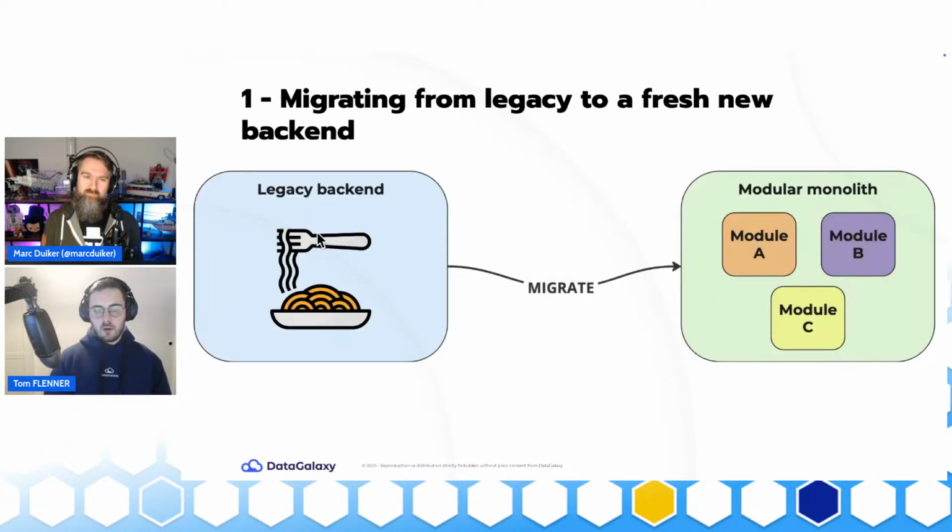So for the first problem that we're facing, DataGalaxy is a startup. We are growing fast, and we ended up with a legacy backend, which is a little bit of spaghetti code. After several years, we took many shortcuts. The previous guys did a really great job in a short amount of time. We were fewer people than now. So this resulted in a huge technical debt and spaghetti code, which is hard to onboard and also to understand. So for newcomers, it's hard to bring new features and value in the code base.